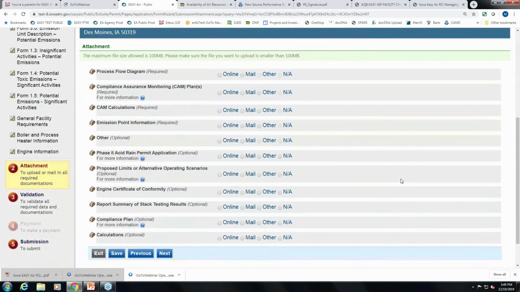This is our attachment form where you would attach the additional information to your application. You'll see that our process flow diagram, CAM calculations, and emission point information are always required with the Title V application. The CAM calculations page can be found on our forms on our website. We have a link to that in our instructions, as well as this emission point information, which is our Part 2 emission point information forms, which again can be found on our site, and the link would be in our